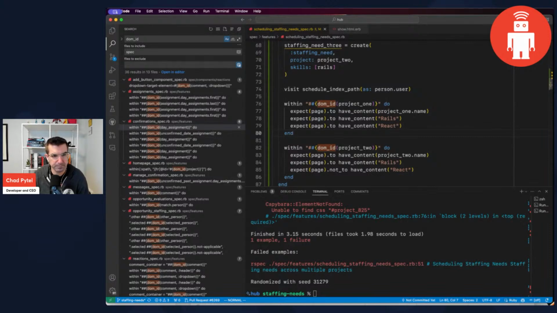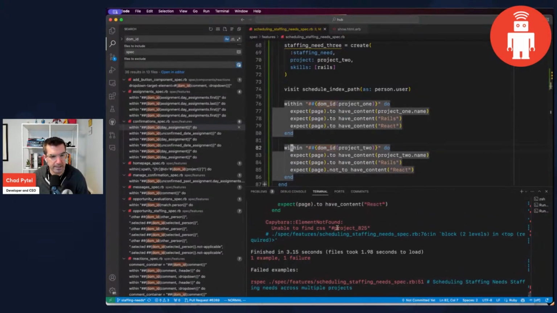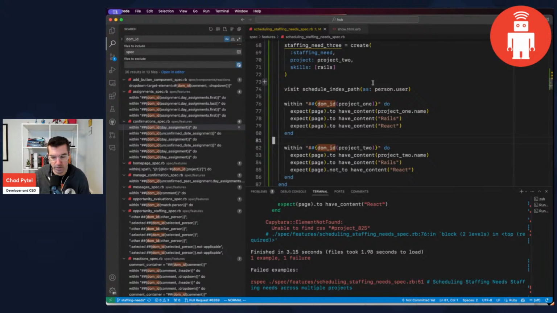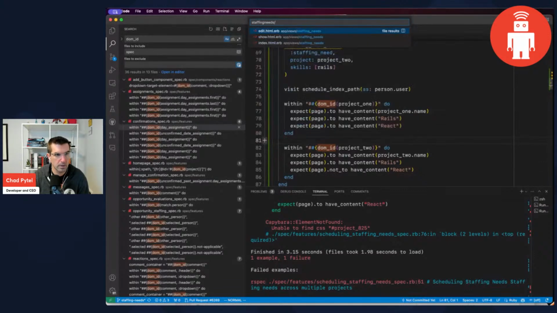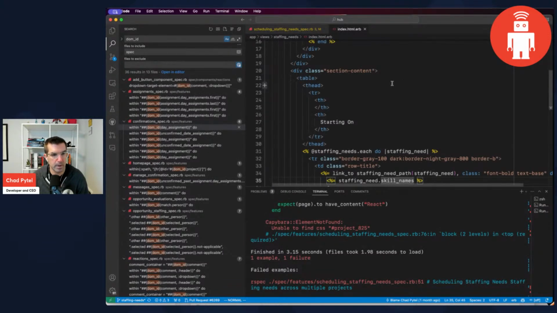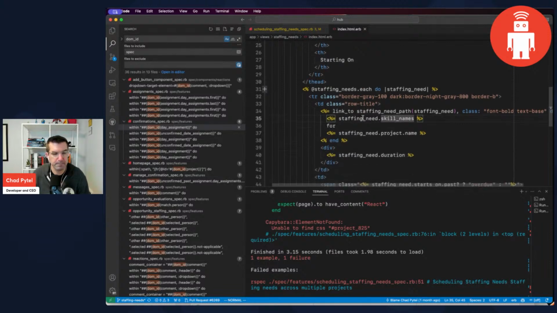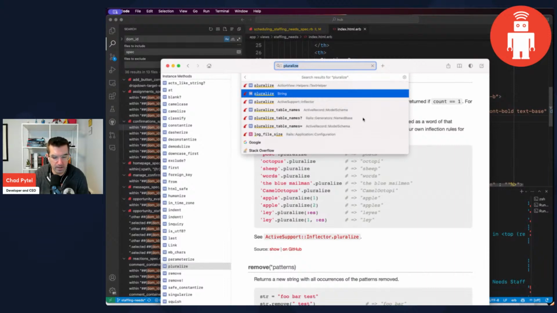Thanks for the question. Okay, so unable to find CSS project 825. So this is the index. You can see we're just looping through staffing needs. So there's a built-in method in Rails for grouping by an attribute in a collection. I just have to remind myself what